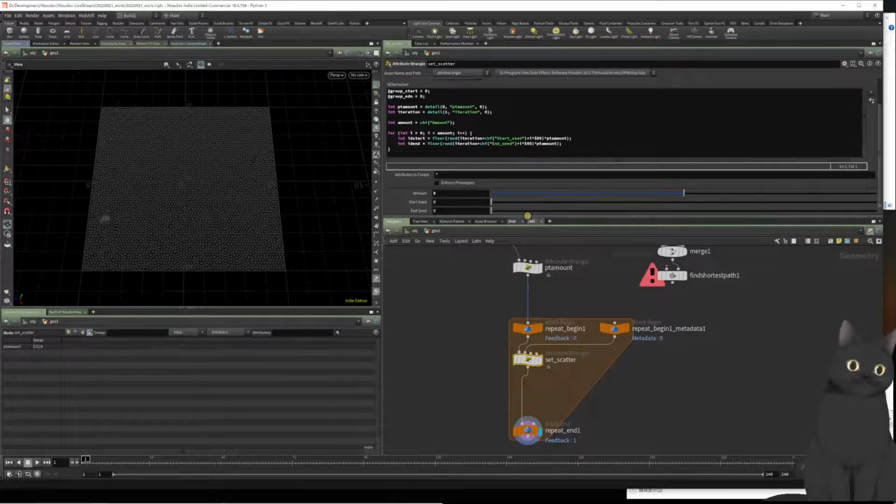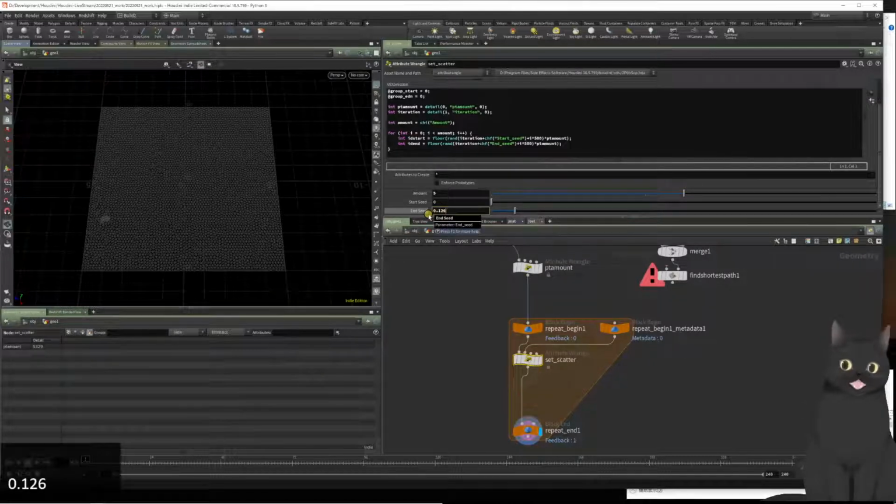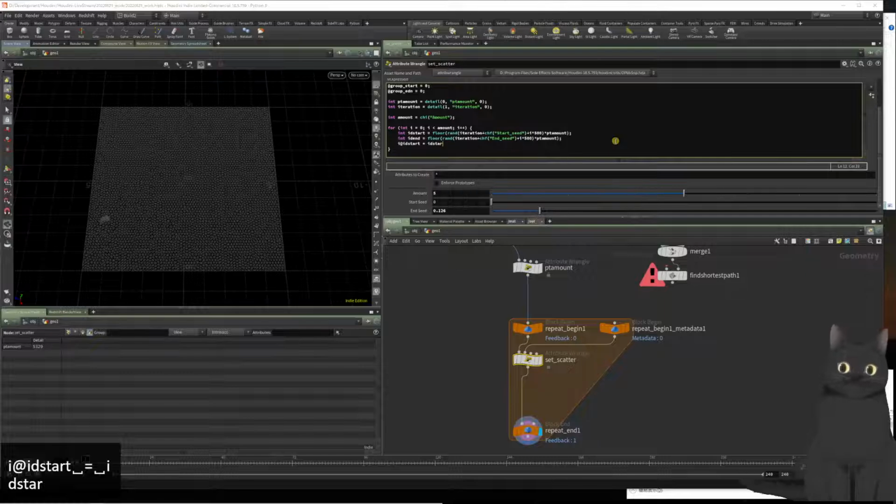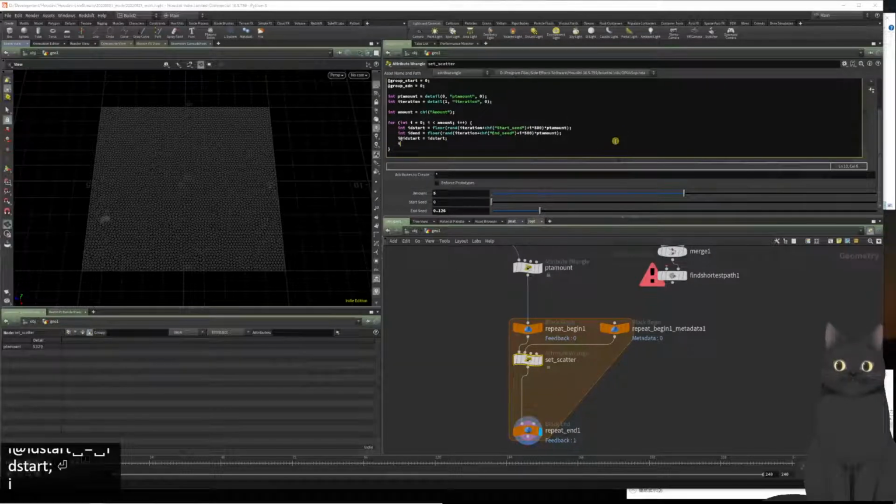Let's now check if everything is okay. We can check it. So we create an integer attribute id start, which is the id start variable, and we create an integer attribute id end, which is the id end variable. And let's check in the geometry spreadsheet. We have this id end and id start attribute. So actually that's not